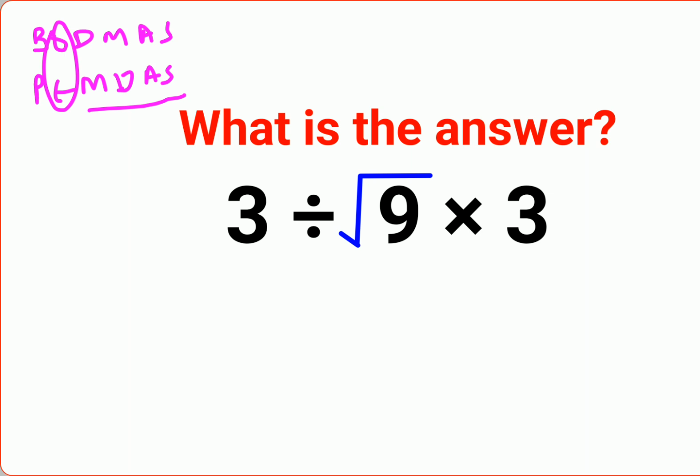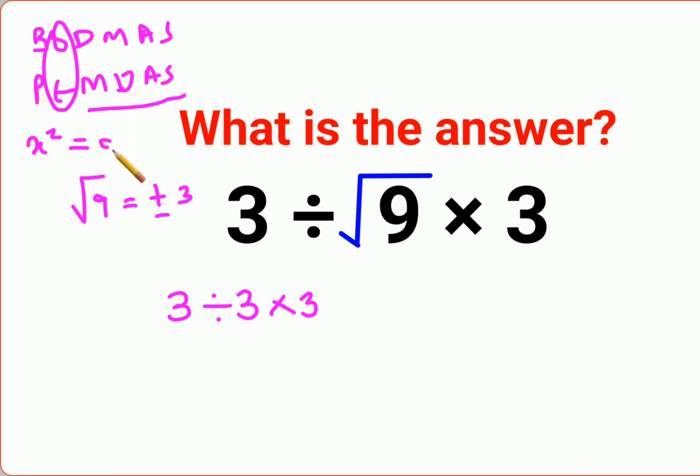So here first we will do what? 3 divided by root of 9 is just 3 into 3. Here also a lot of people think that root 9 is supposed to be plus minus 3, because this only happens if you had a variable in place. X square was equal to 9. So when you take square roots on both sides, you have x equals plus minus 3, because the nature of the variable is what? It keeps changing its value. But if you are taking the root of a positive number, if it was not equal to any variable, in that case the answer will always be just positive. Okay, I hope this is very clear to everyone.